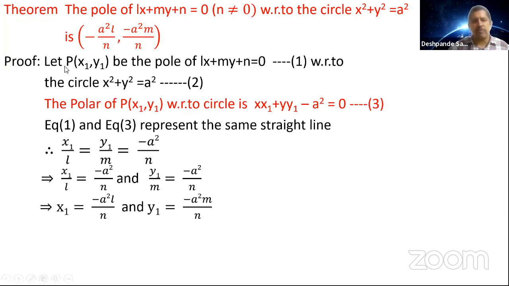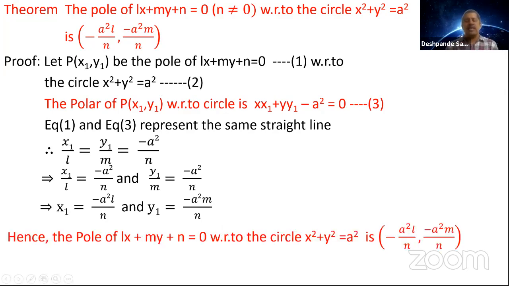So you got the value of x1, y1. You are calling this P(x1, y1) the pole here. So the pole is minus a square l by n, minus a square m by n. So remember this as a formula here. It can be asked as a 2 marks question in the examination, right? Now, if it is given for 2 marks, then you can use the formula and write the answer. But if it is given as something like a 4 marks question, you need to follow this procedure. So the formula is going to help you only for solving in a quick way, but understanding the concept and the method is going to be